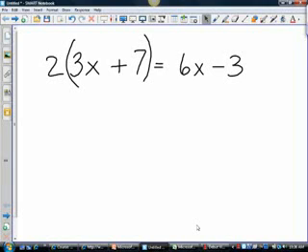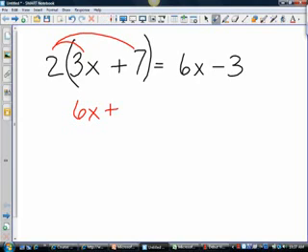In this segment, we're going to look at solving some equations and what happens with some of these special problems where you get no solution or all real numbers. So in this case, we're going to distribute here to start with, and you get 6x plus 14 equals 6x